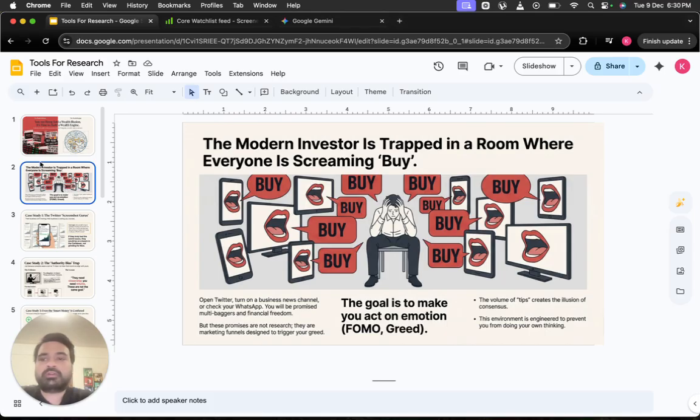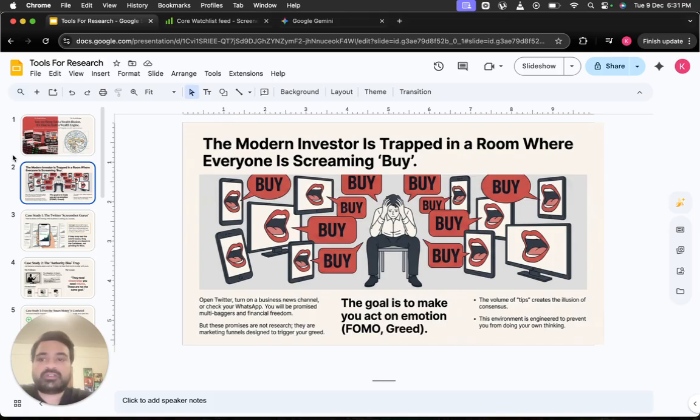The purpose of these tips is to get your attention and to make you act on greed. These tips are not necessarily good investment advice, and sometimes they might be tips that are given out of their own vested interests, whether it's to benefit their clients by providing them exit liquidity, or whether it's stocks that they already own that they are promoting.